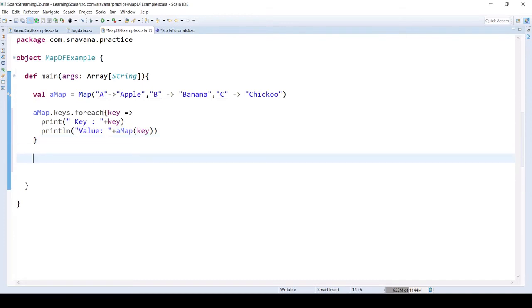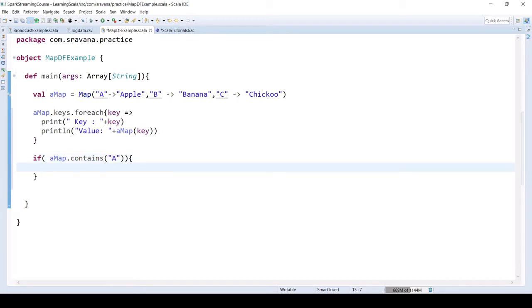Let's create something else also. Let's check this contains clause. We have seen that usually in code most of the time we have to check with contains. That's why I'm using that. So if amap dot contains a, then we will print a is present.